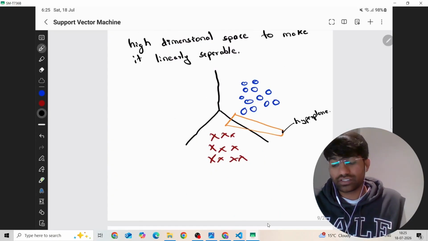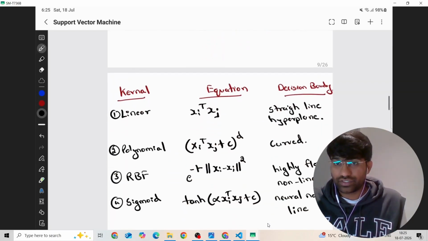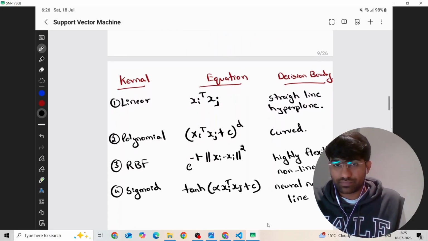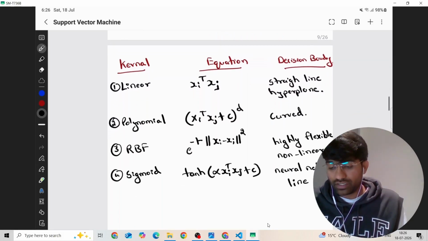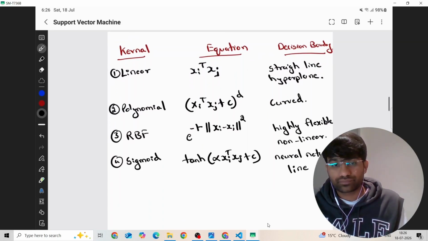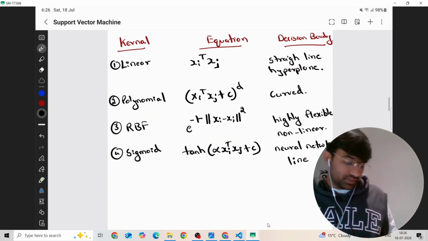It will find a solution to make the hyperplane, and these are the types of kernels and equations, and how the hyperplane will look. For linearly separable data, the hyperplane is a normal hyperplane, which I have demonstrated. The polynomial will be curved, RBF will be highly flexible, and sigmoid will look something like a neural network line, and these are the equations for the hyperplane. Okay,